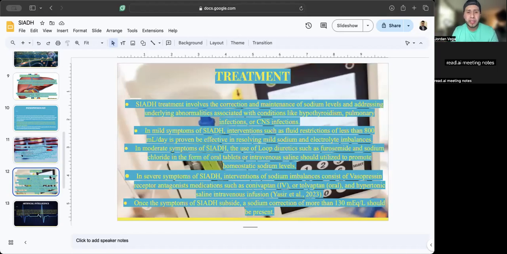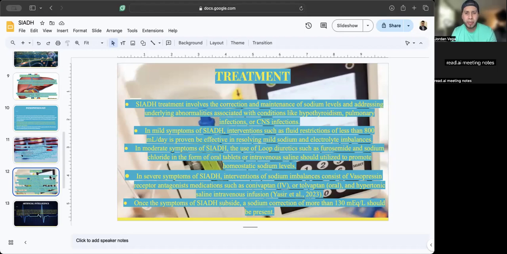Treatment. So the treatments can vary based on the severity of SIADH. In mild cases of SIADH, interventions such as fluid restrictions can be effective in resolving mild symptoms. In more moderate circumstances,